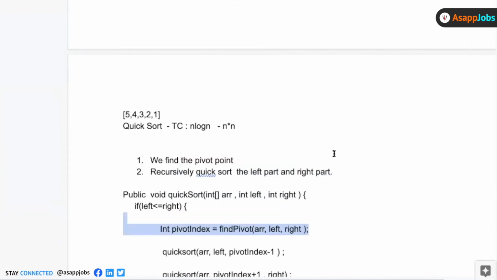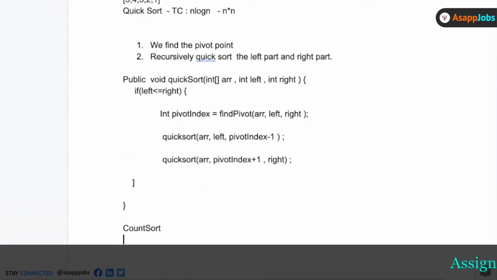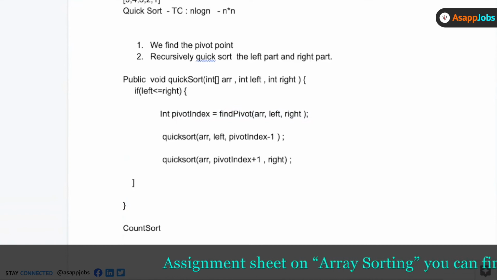There are a few more sorting algorithms left. What I want you to do, apart from that, is to look around at what is count sort, which is important. In the next session, I'll try to go over the remaining sorting algorithms. If you have not tried yet, please attempt those questions.